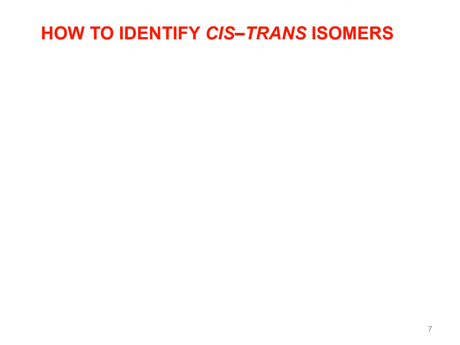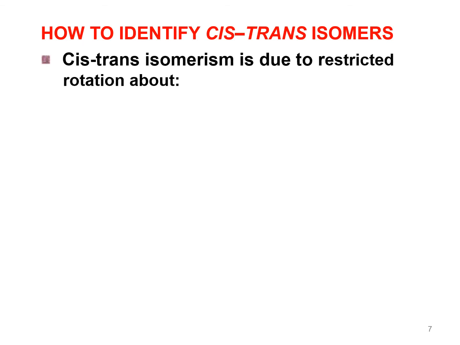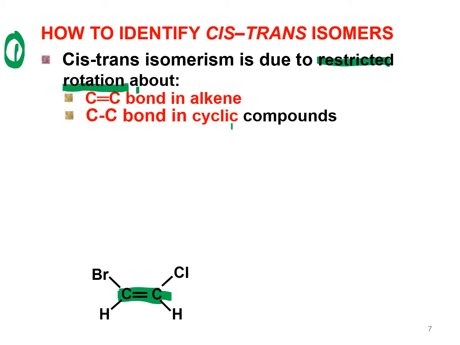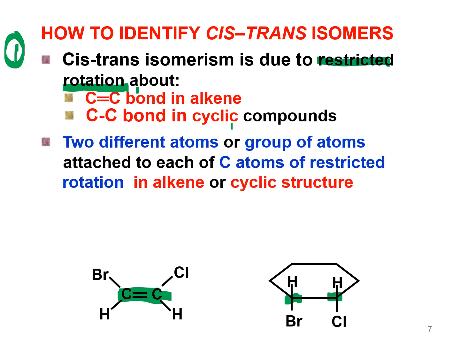Bagaimana kita nak mengenal cis-trans isomer? Okey, ada beberapa syarat. Pertamanya, mesti ada restricted rotation about carbon-carbon double bond in alkene seperti ini. Terdapat restricted rotation here, carbon-carbon double bond, ataupun di dalam cyclic structure in carbon-carbon single bond like this. We have restricted rotation here. Secondly,